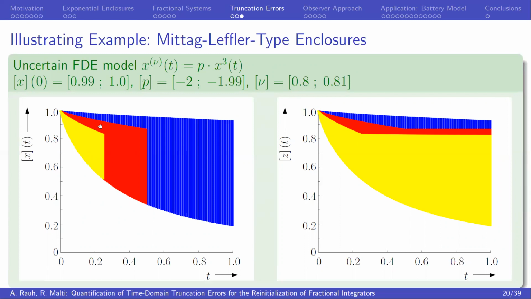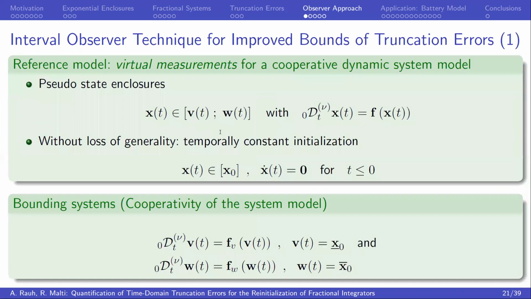If we restart the integration here in the yellow and in the red scenarios and take into account the guaranteed bounds mu from the previous slides, we can see that the corresponding solution tubes become tighter than the one that was obtained for the initially long integration time horizon. And this is the benefit of step size control strategies for integrating fractional system models while taking into account the effect of truncation errors in a guaranteed way, still with constant error bounds.